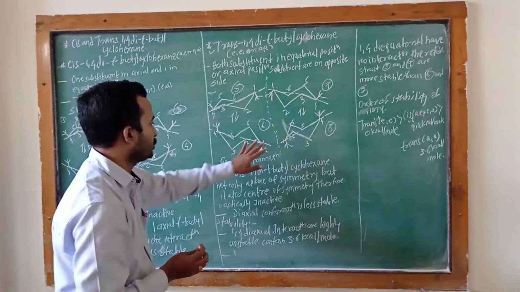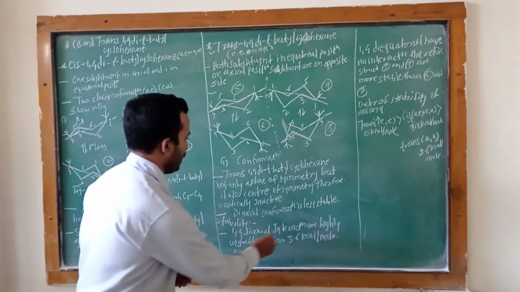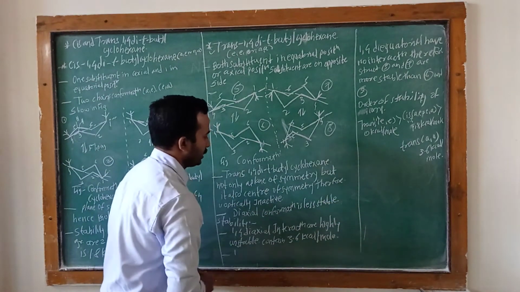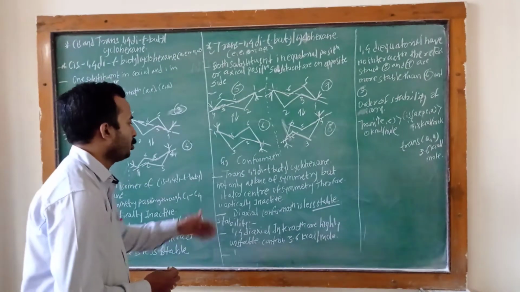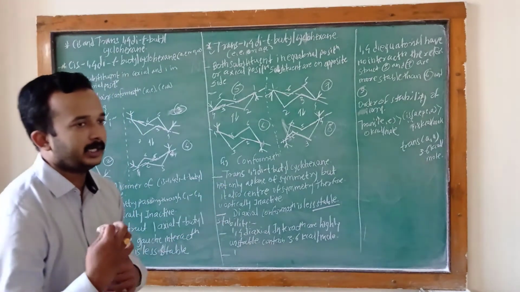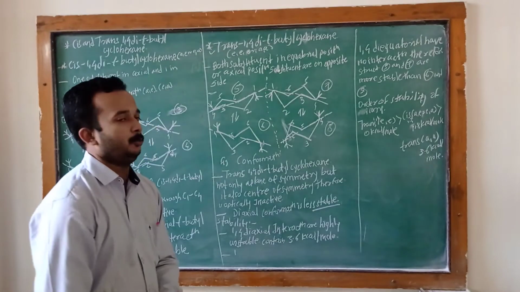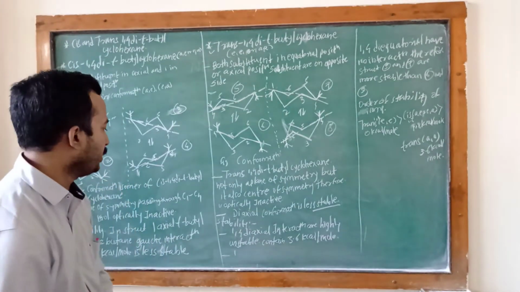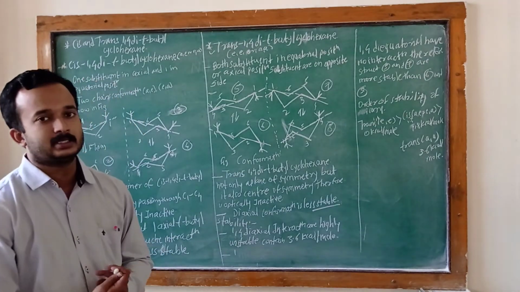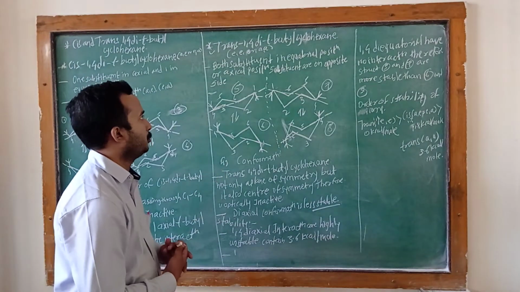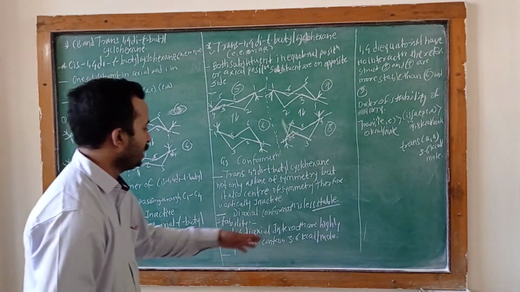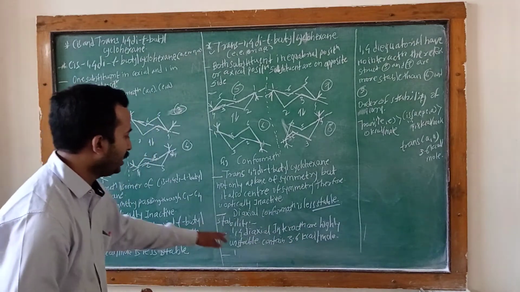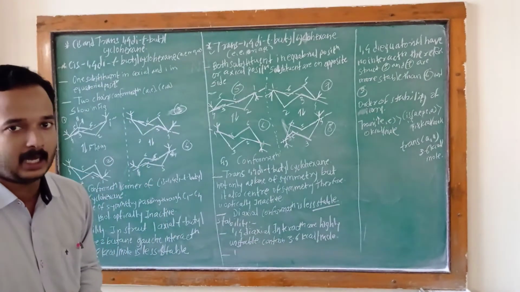Okay, then the diaxial conformation is less stable. Okay, look at this sixth structure. In the sixth structure, the 1,4 positions of the tertiary butyl are axial, therefore it is a diaxial substituent. These diaxial substituents have more interaction, or are less stable. Okay, this is all about the optical activity or the isomers of trans 1,4 ditertiary butyl cyclohexane.